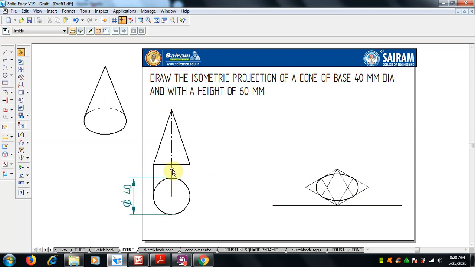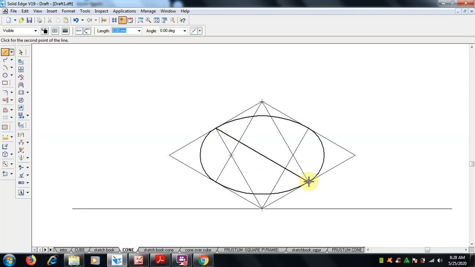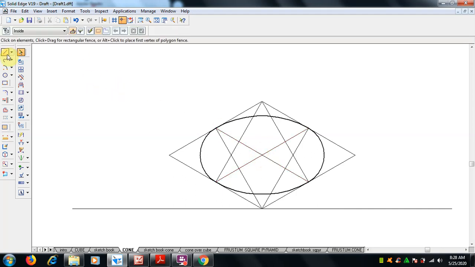Now we have to draw the height, vertical height. So we know how to draw the cone over here. So we can make the center points. Again, we have to find the center point of this midpoint to this midpoint. This is the midpoints of here, and from this midpoint to this midpoint. Now actually this is just for reference, so make it, and this intersection I am going to select. Okay, this is the midpoint of all this.